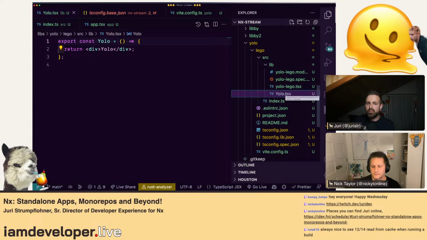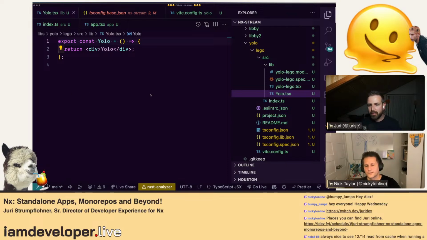It's mostly just for structuring, right? So you could still run the tests just for this, and you get the caching just for this. So there is some speed optimization, but in terms of the build, it's just for structuring. Now you could create it buildable, like we did. You could have chosen there to use Vite, right? And in that case, it would build it, and then Nx would take care of remapping to the dist output and stuff like that behind the scenes. But a lot of people just use it this way, just for the pure structuring approach of it.